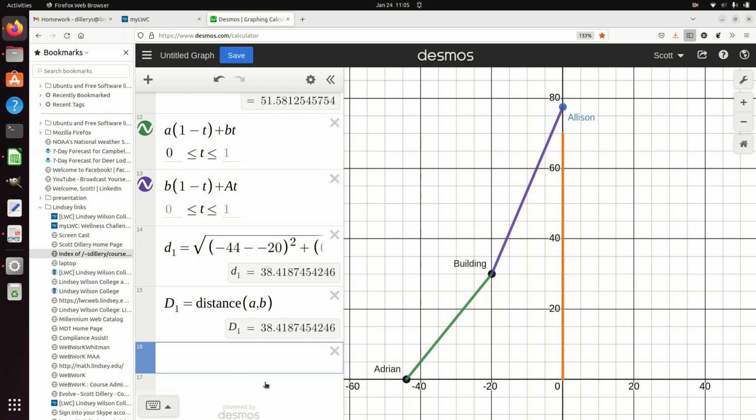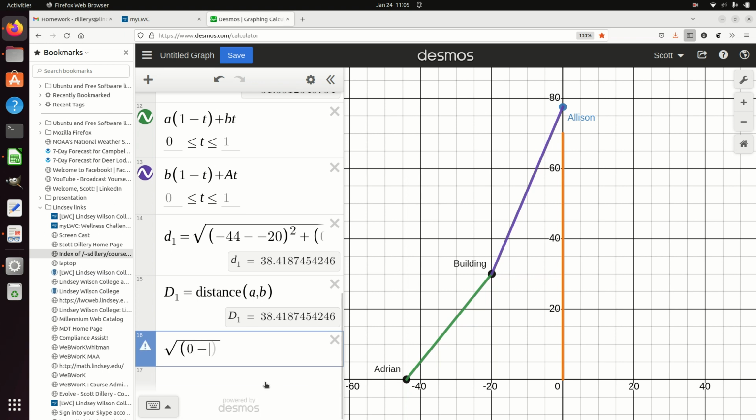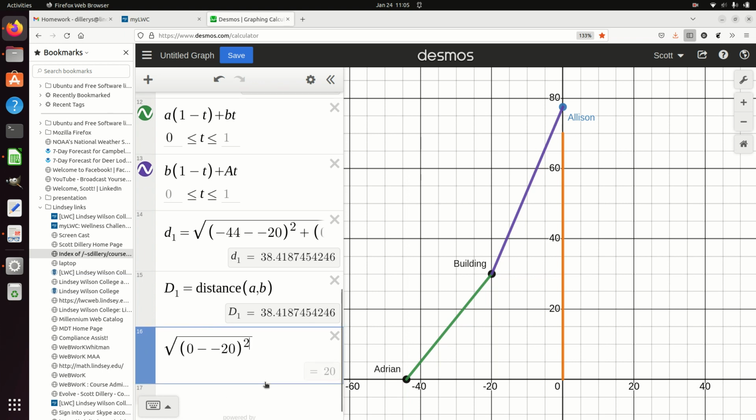And so I can get her distance, so square root, her position is going to be, she has a 0, and minus, the building was at minus 20. So square that. And then plus,